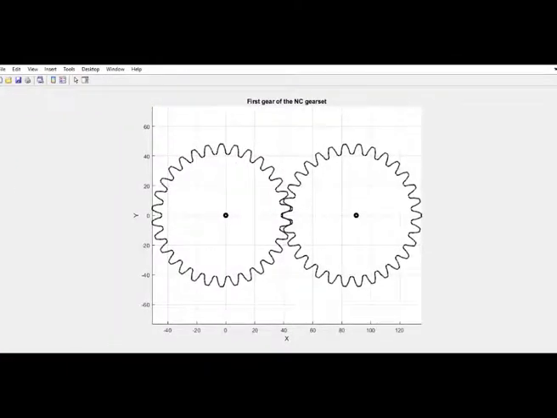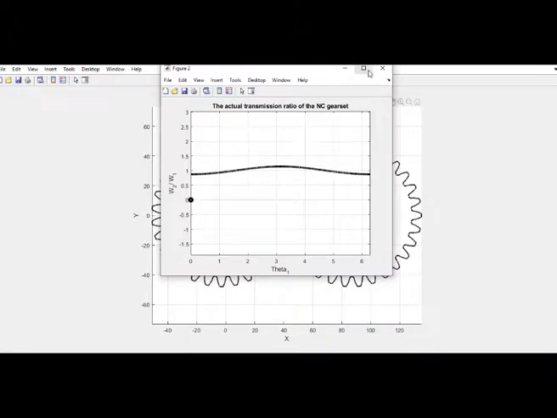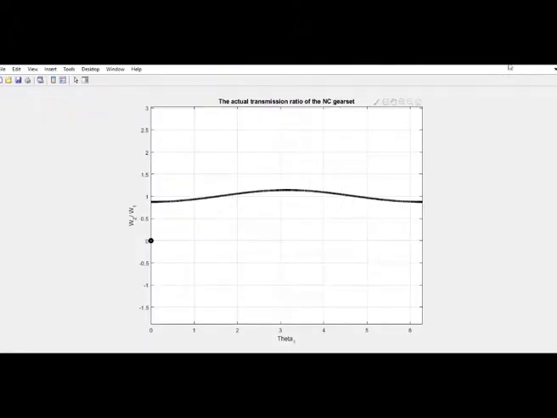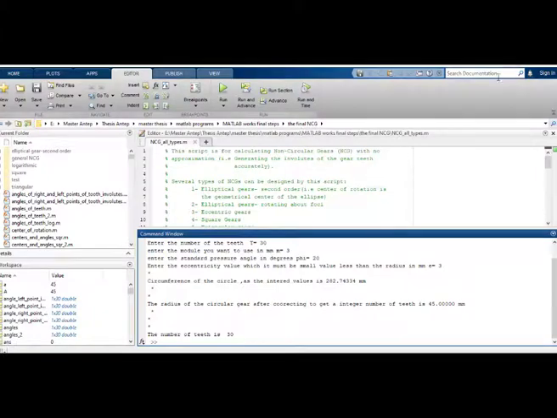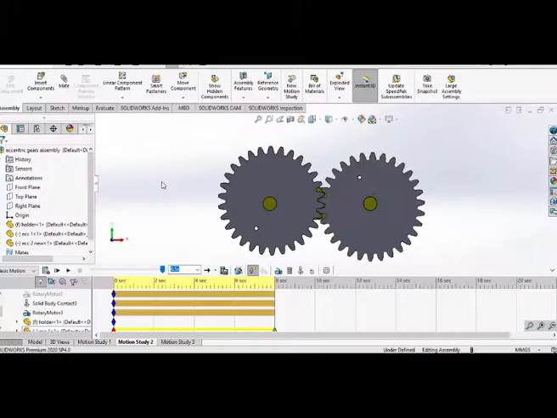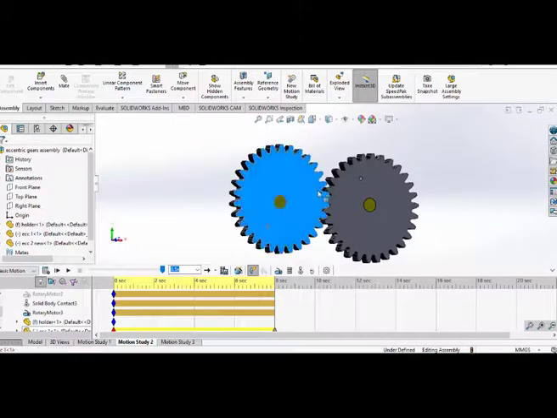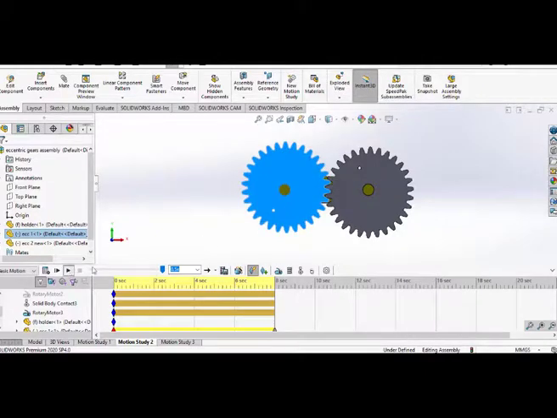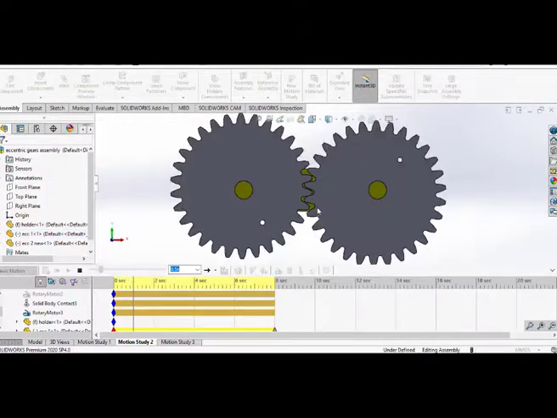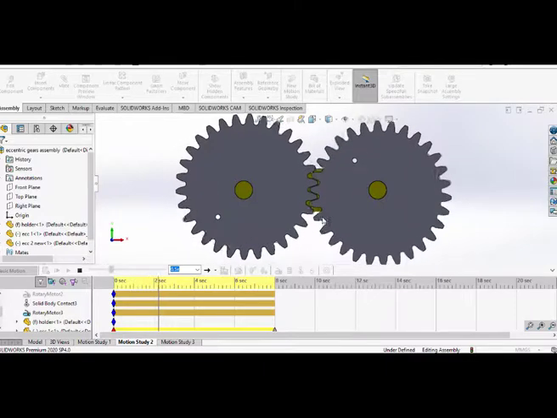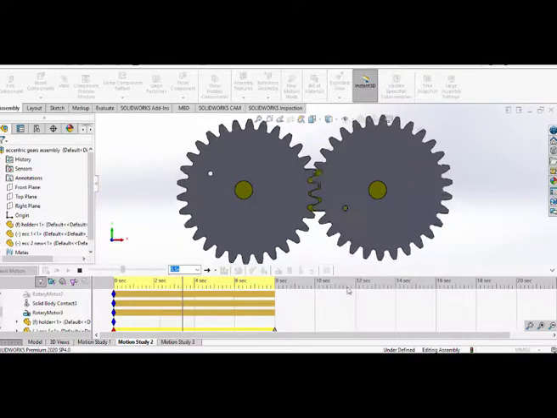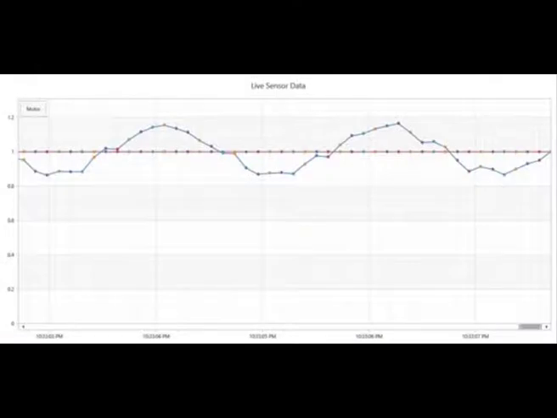The second step is the generation of the teeth profile for each tooth and save the coordinates of each tooth into text files, wherein all the teeth here will be identical as a circular gear. To this end, we can import the coordinates into SolidWorks, generate the 3D model, and assemble the gear set to test the meshing in the motion study. Also, the experimental test on the test rig will give us physical sense about the quality of the meshing, which is obviously good enough.